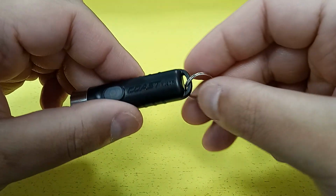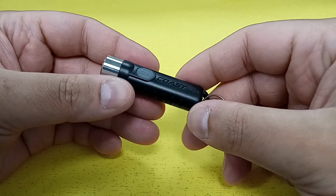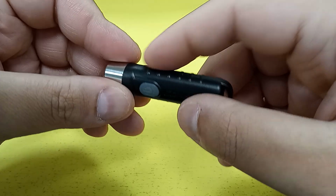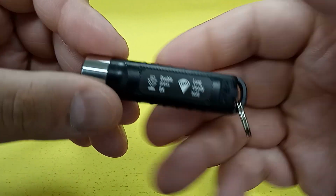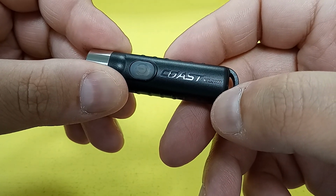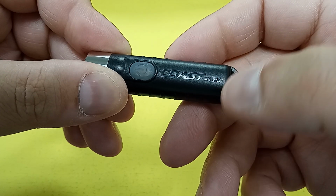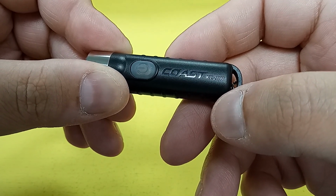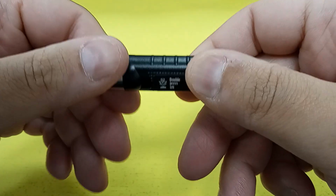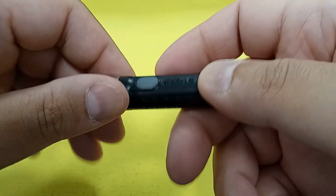Now, yes, I did decide to put the split ring onto the flashlight because this is going to be going on my house key ring. The body itself is made from some type of polymer plastic, very lightweight, with some information on the back panel opposite the Coast logo. And maybe you can see that, but just to the right of the Coast name is the model designation of the flashlight, KL20R. You got these grooves or ridges on either side that do help with grip, although generally you're going to be gripping it by the